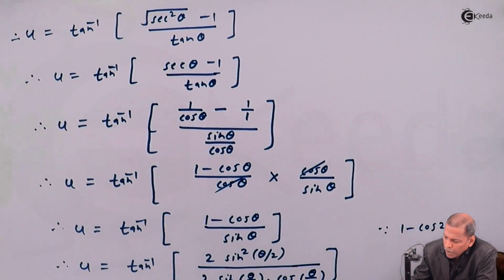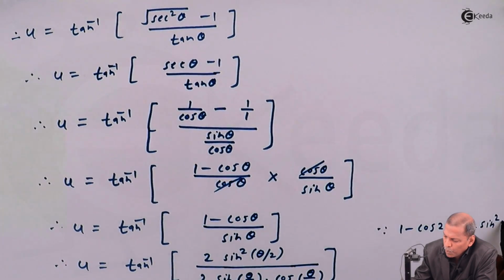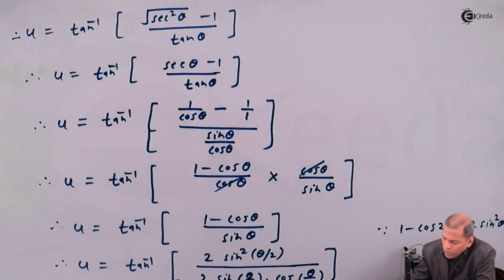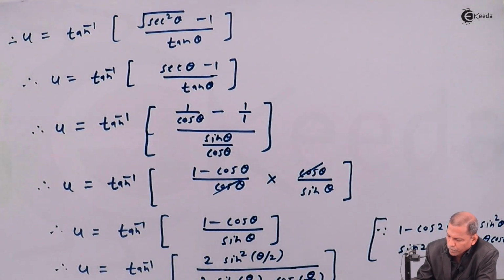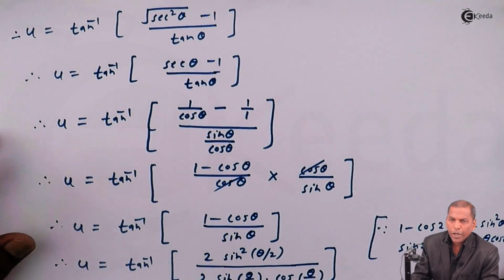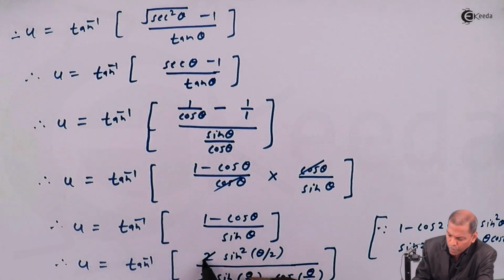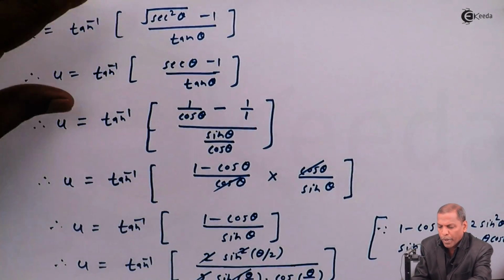Since 1 minus cos of 2 theta gives 2 sine square theta, and sine of 2 theta is 2 sine theta cos theta. Now here we cancel 2 from numerator and denominator, and at the same time sine theta by 2 from numerator and denominator. So we are left with